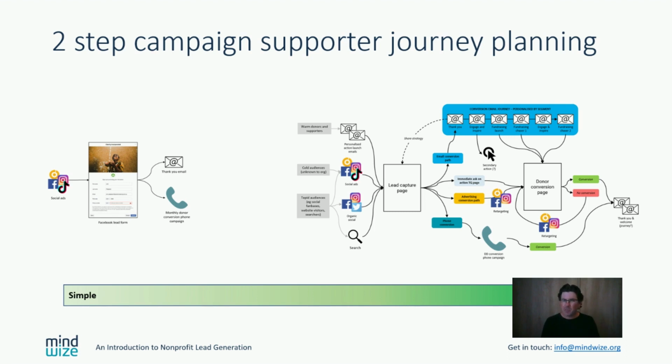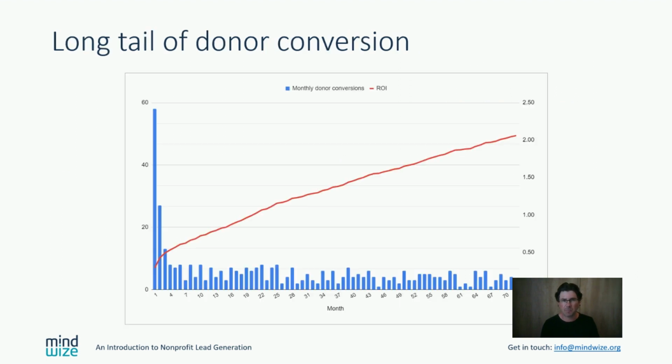But maximizing this group's lifetime supporter value isn't just about how many donors you can convert immediately after their first touch point. In fact, if you engage your leads well and build your relationship with them over time, you'll find that there's a really long tail of conversion, meaning that you'll find some leads making a first donation to you 6 months, 12 months, 2 years, 4 years, or even more after first taking your survey, downloading your brochure, and so on. And this means that your return on investment also keeps increasing over time, again, if you keep engaging this segment of non-donors well.